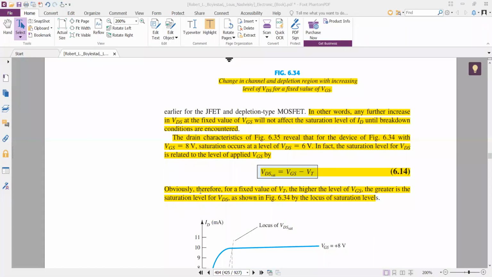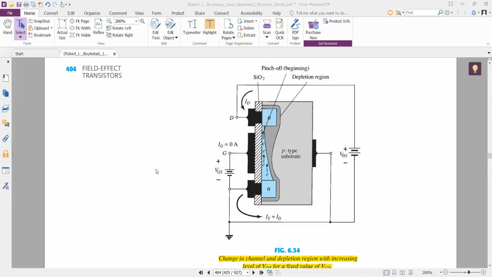Hence, after saturation is reached, any further increase in the value of VDS will only increase the reverse bias voltage